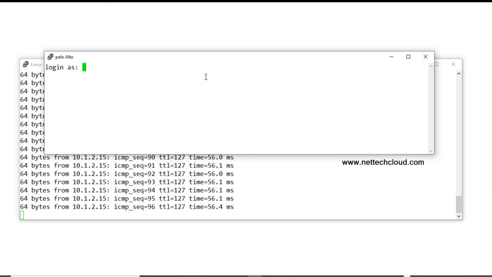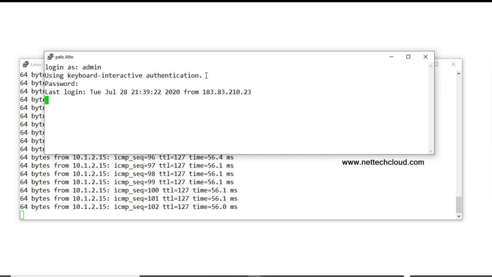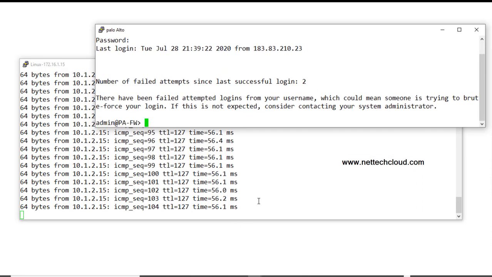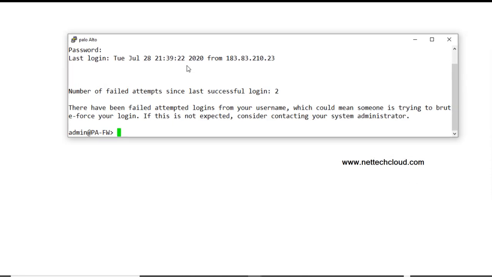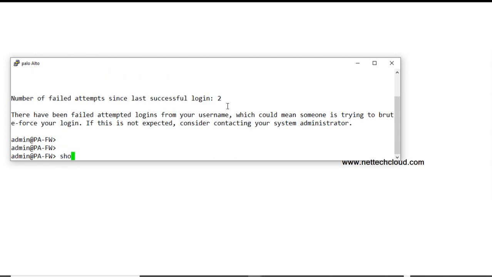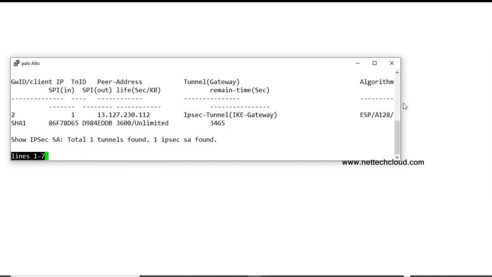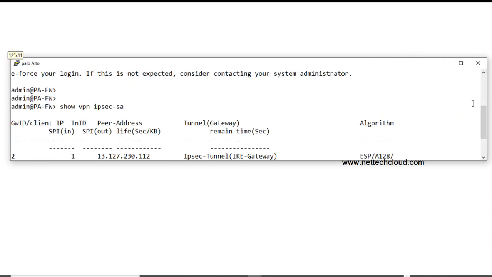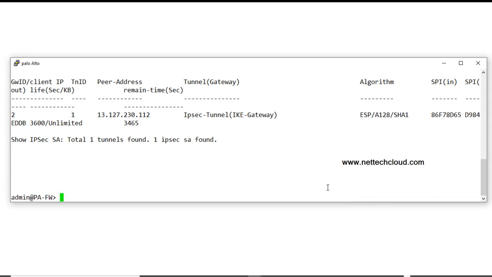Here I am, admin. Okay, so if I run the command show vpn ipsec-sa, here it is. Let me run this command again.